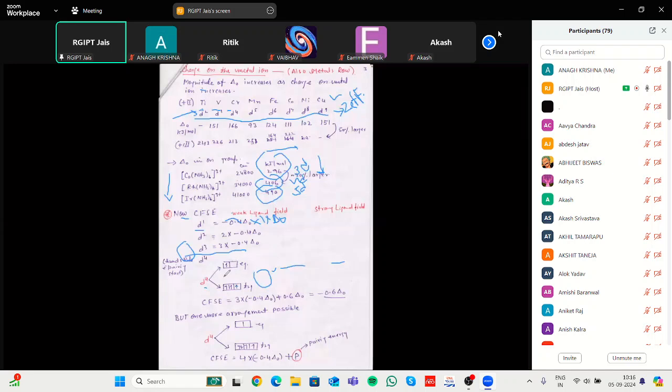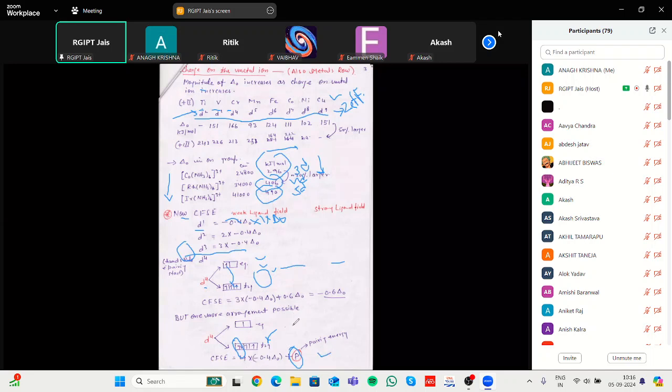Either this one is the probability; the second probability is that the electron is paired up, and this pairing energy is created. This is the pairing energy. If this electron is pairing, it is because a higher ligand is attached, meaning more power of the ligand. That's why it pairs up the electron in the same orbital. Same orbital means the electron can be paired up.